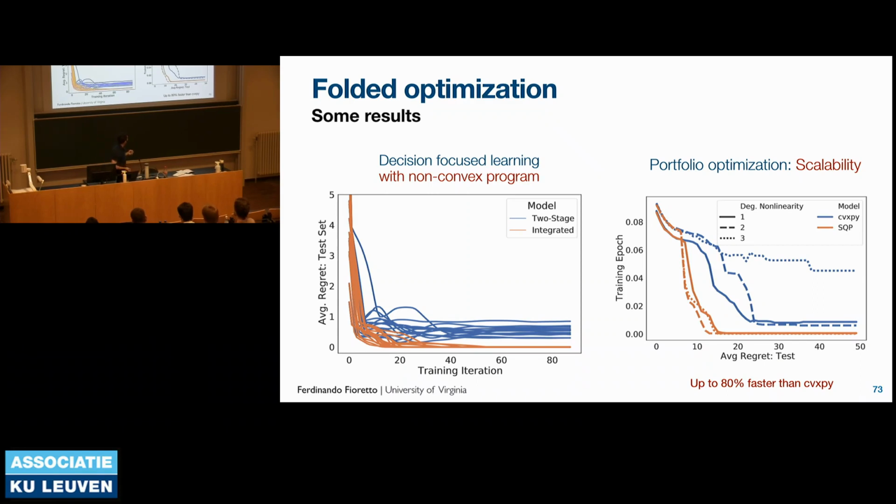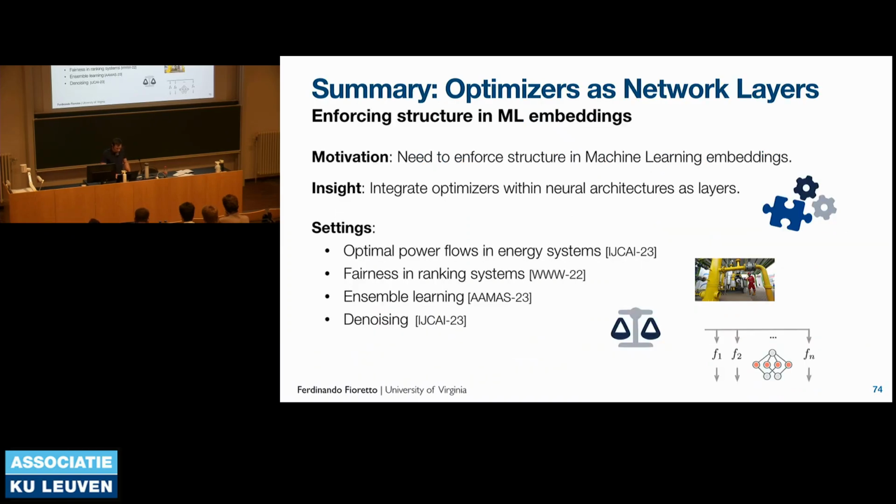And so, for example, we looked at portfolio optimization, compared the speed of just iterating through SQP with Gurobi versus doing the same model with CVXPy, and then you can obtain much better results in terms of speed up. So the last results are over 80% faster than CVXPy. So this is pretty interesting because it frees ourselves to use basically any solver as long as we have those procedures in place. Cool. All right, so this concludes this part of the talk here.